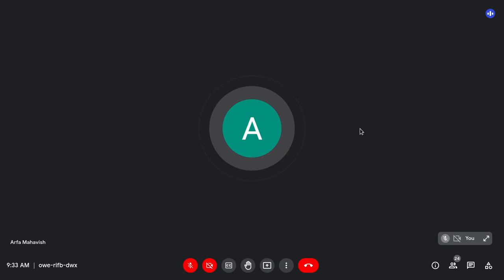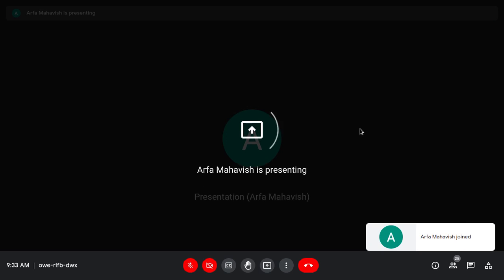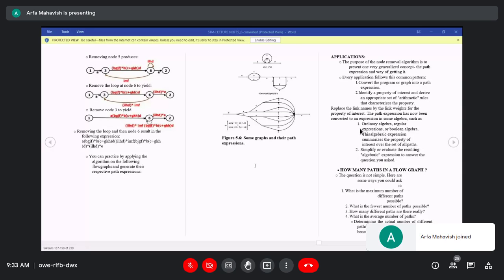Okay, we are doing the continuation part. Last class we saw the detection procedure. Now we will see the applications. We have some kinds of applications, a combination of applications. So before that, what is an application? We have to know that. An application is the node reduction algorithm having several applications, and for every application a common pattern or common procedure we follow.